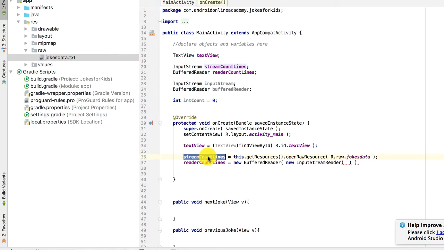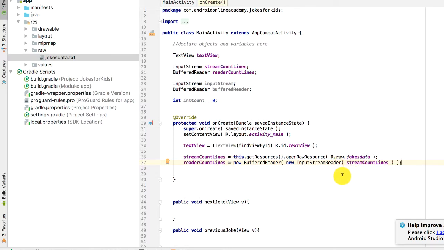So it's here, and you copy this one and paste it there, and just put the semicolon there. Okay, so since we now have instantiated both the input stream and buffered reader, the first pair, we are now able to